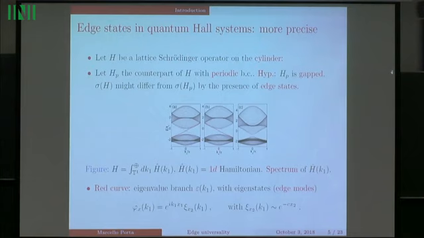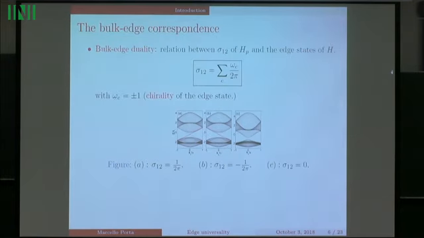Okay, so mathematically, these are eigenvalue branches parameterized by K1, and they correspond to eigenstates of your Hamiltonian H, which have the following form. I mean, they're just a plane wave in the one direction, the translation invariant one, and an exponentially decreasing function in the bulk. Okay, so these are the states that are responsible for transport on the edges. Okay, so that's how the spectrum might look like, and the bulk edge duality for quantum Hall systems is an